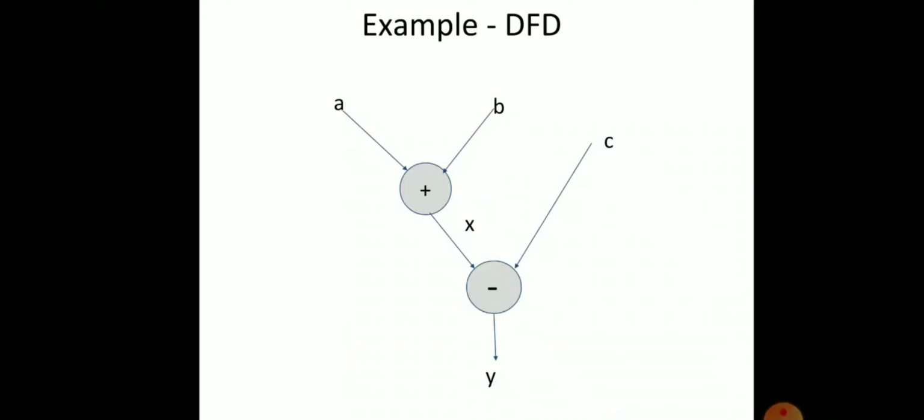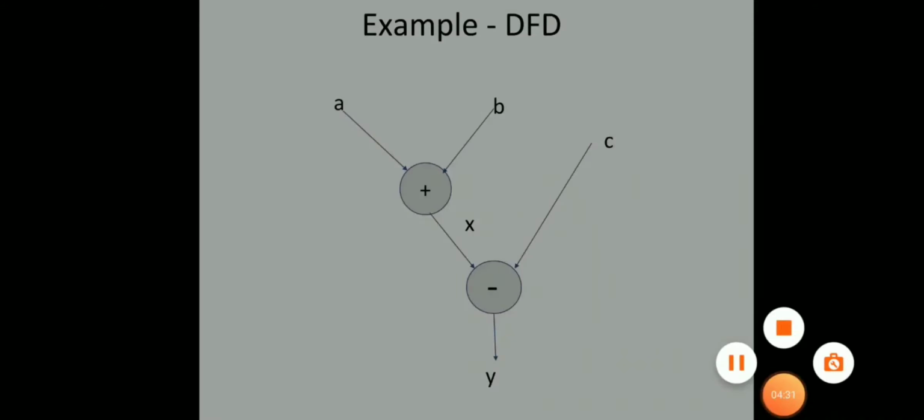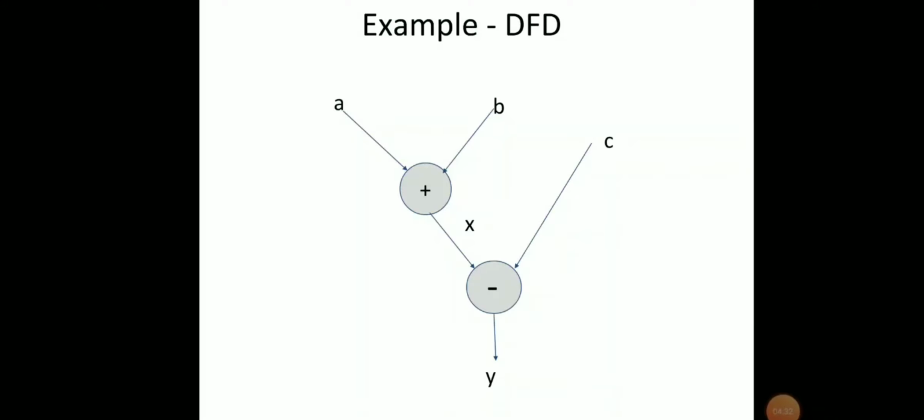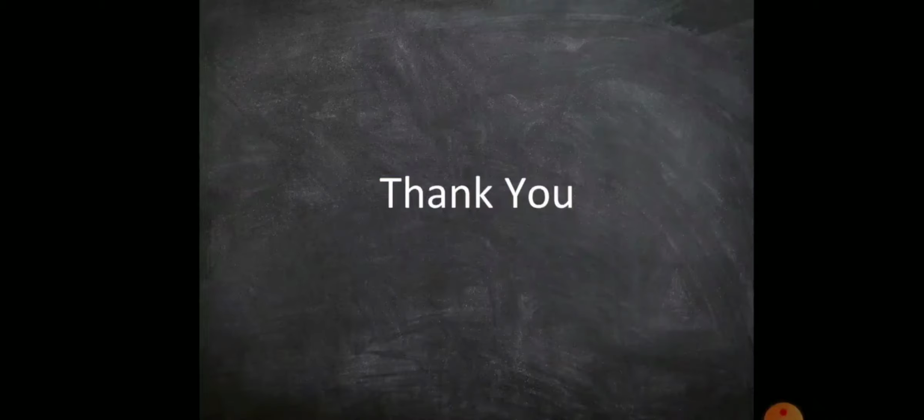So as a conclusion we can say that data flow is a flow of processes of a system. Here we are considering the data only. When we consider further, there are levels of data flow diagram: level 0, level 1, level 2. Level 0 is the simplest form and level 1 and level 2 are the more complex levels. Mainly digital signal processing applications are typical examples of data flow diagrams. That's all. Thank you.